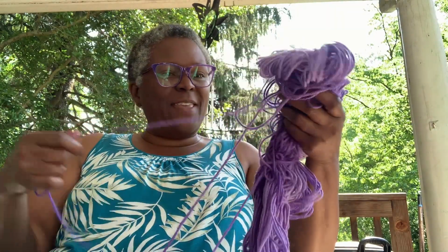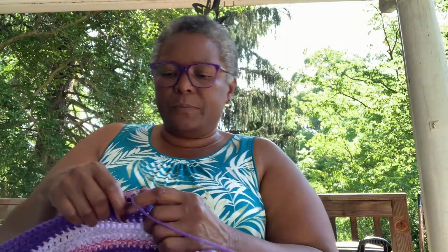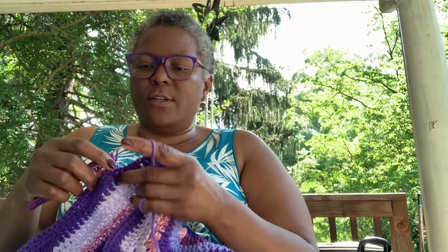So if you want to check out that tutorial, if you're a beginner and you don't know how to make it, or you just want to see how I did it, I also show you how to change color in that tutorial. I think it was a temperature blanket I was working on when I did that tutorial, and I was changing colors on the corners. But you can use that technique anywhere. You don't have to just do it on the corners. But anywho,